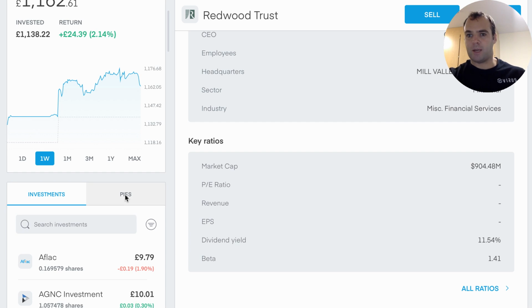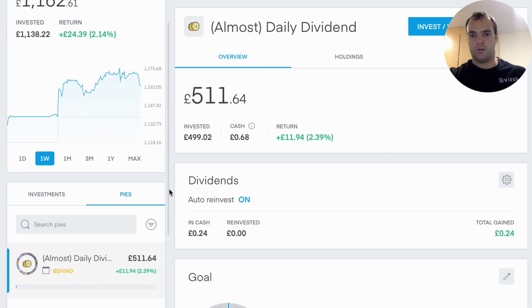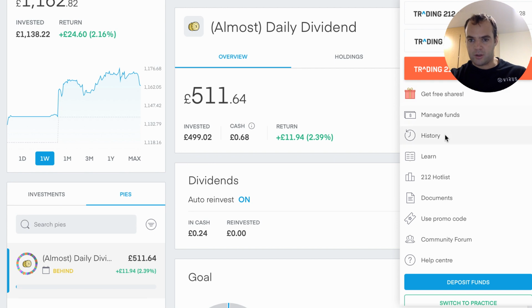But the big one is the pie, and we're looking at the pie today. So this is the pie. Like I said, I invested £500. I think as I put money in, I got charged or taxed, whatever you want to call it, for buying. But obviously, I'm currently up 2.39% at the moment, so £11. And the dividends have started coming out this week. So far, I've made 24 pence on the dividends. So hopefully we can go on to